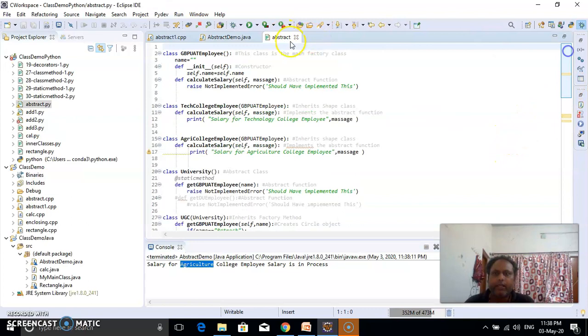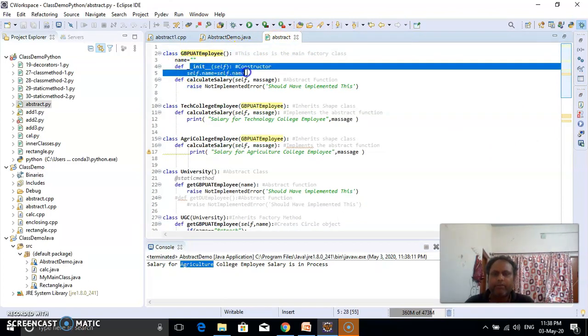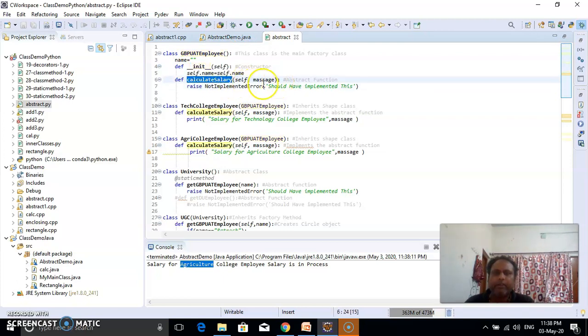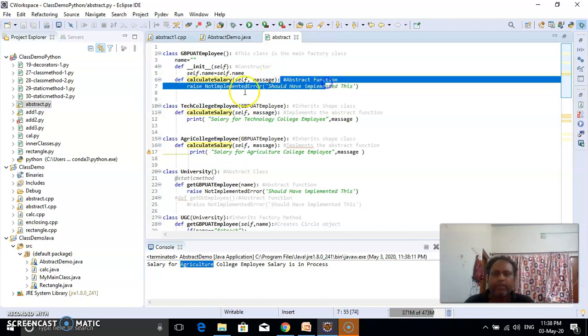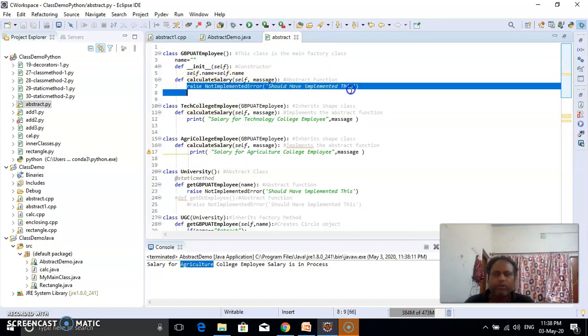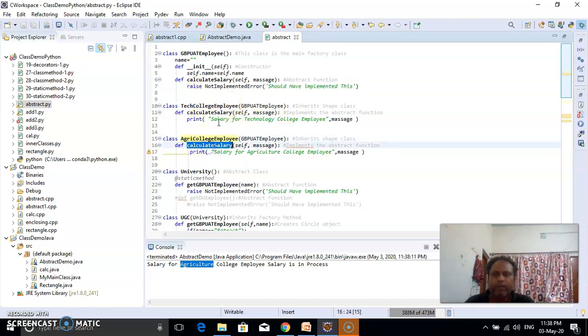Similarly, for Python you can see here. So here again we are having GPPAT imply, and this is passed by one constructor calculate salary. So here this is a representation of abstract method. So here it is throwing one exception. So here calculate salary is redefining these two classes.